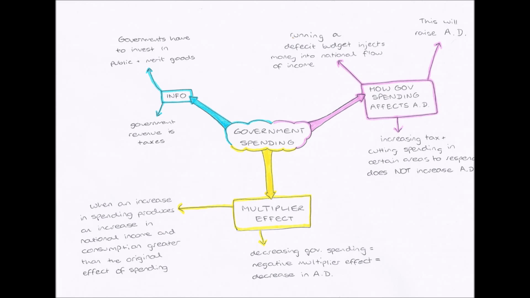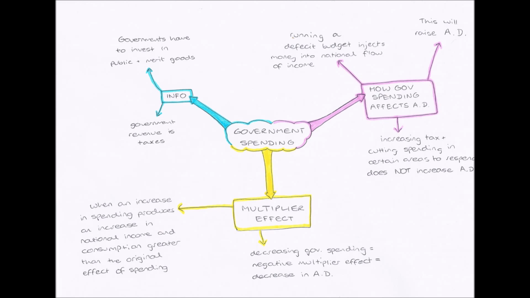So if the government spends money, then as I already said, this doesn't just increase the G in our aggregate demand formula, it also increases C because the income of government workers is raised, and it also increases I because profit of businesses has increased because of this extra consumption, so therefore more investment happens because they have more money to invest. And this is the multiplier effect, where just G increasing, just the government spending money, also increases C and I, so it increases consumption and increases investment. So therefore there has been an increase in national income and consumption, and also investment, greater than the original amount